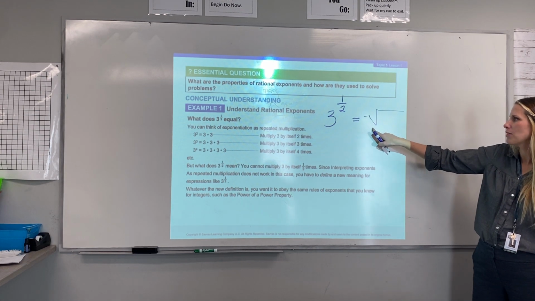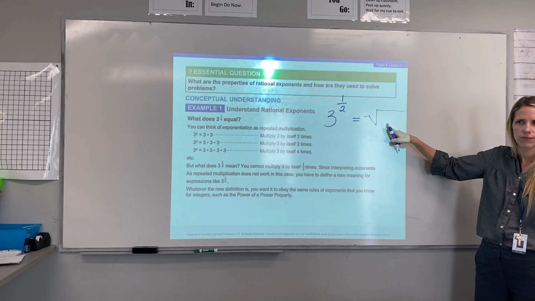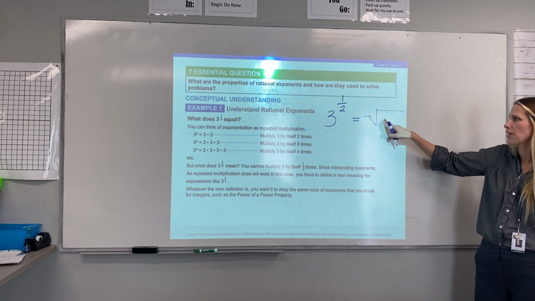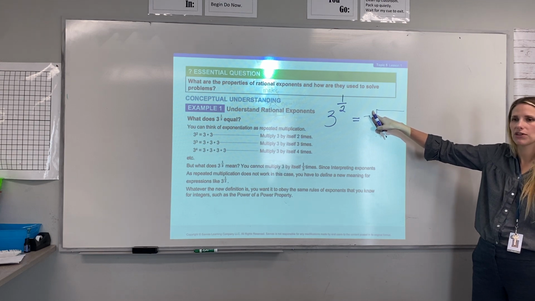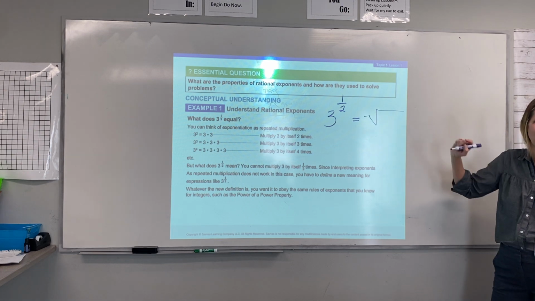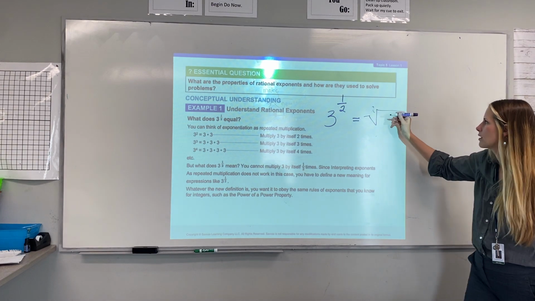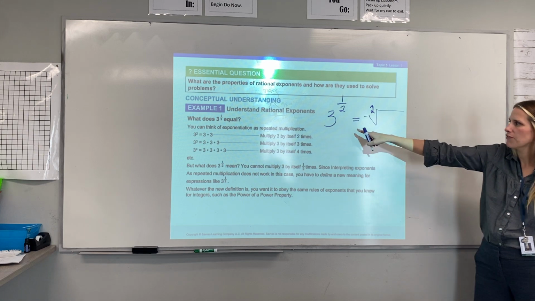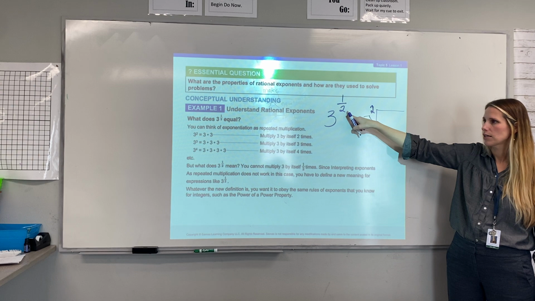Okay, so we call this a radical or a square root sign, right? It's called a square root sign if there is no index here, if there's no number, because the invisible number that's here is what? This is the only time when the invisible number is not 1, it's 2. So if we have 3 to the half power, the denominator,